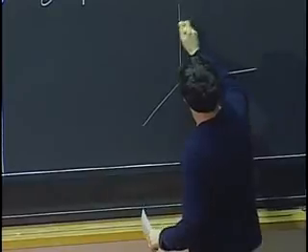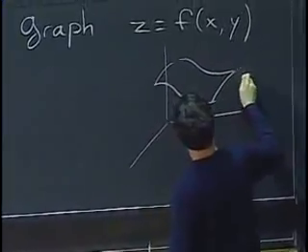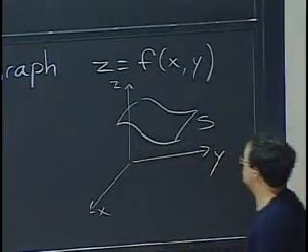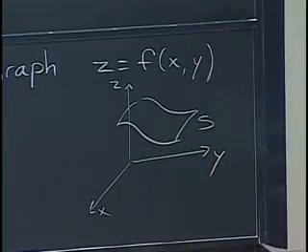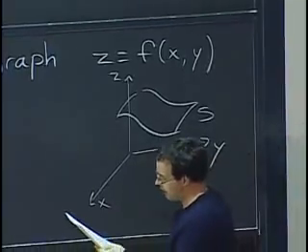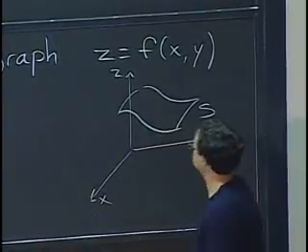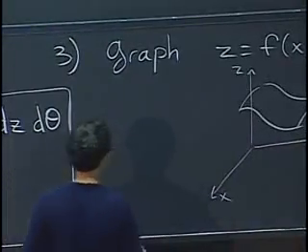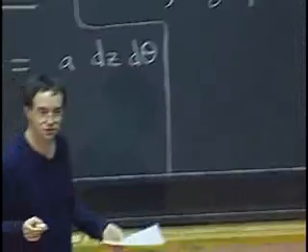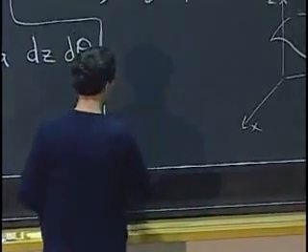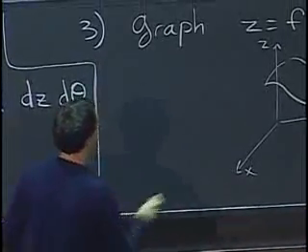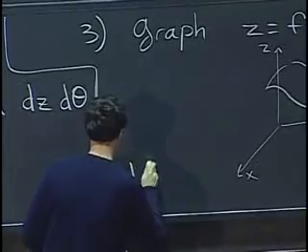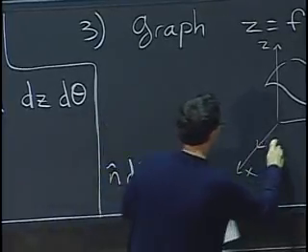Okay, so my surface is given by z is a function of x, y. Well, I would need to tell you what n is and what dS is. And that's going to be slightly annoying. Actually, I don't want to tell them separately because you'll see they're pretty hard. So instead, I'm going to tell you a formula for n dS. Okay?